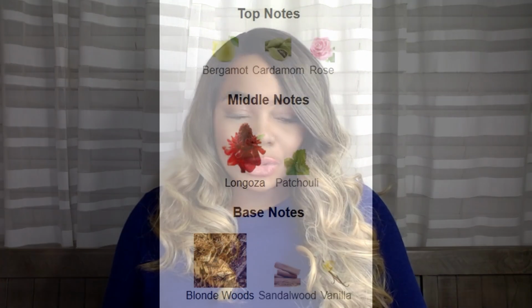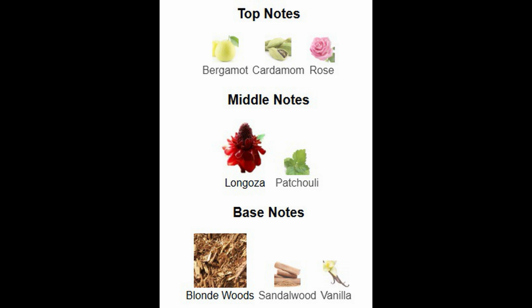Oh, it's so good. So Prodigy, and I'm just reading from the Mind Games website, has sandalwood, vanilla, and a very soft blonde wood, which I get. And there's a fresh rosy spice, so rose absolute is in this, and cinnamon and bergamot are also in this. So that's where you get this fresh